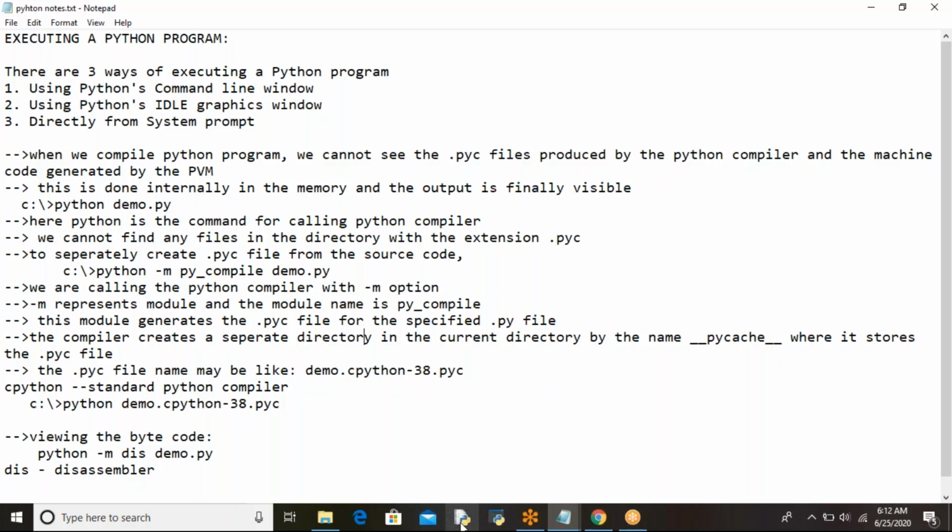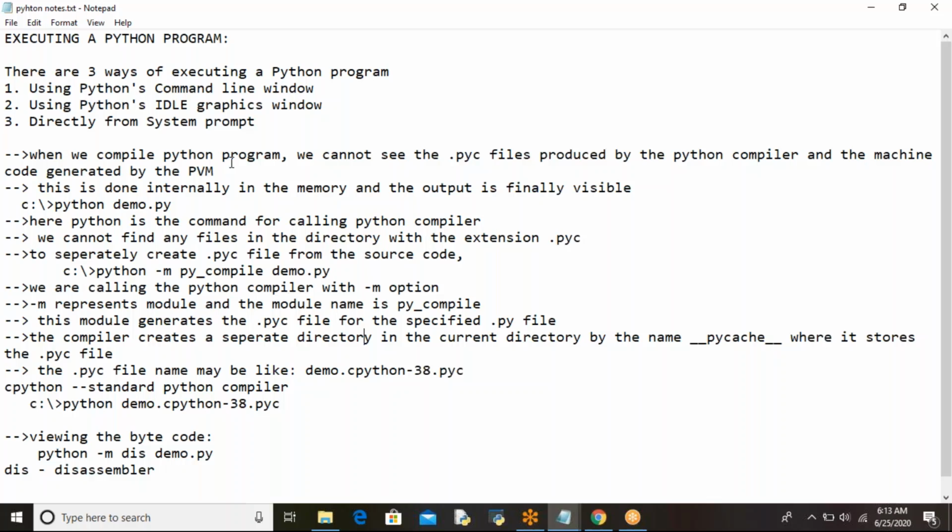So the first thing is, when you write a Python program, what happens? The Python compiler takes that .py file, converts it into bytecode instructions, and gives the bytecode instructions to the Python virtual machine. That Python virtual machine converts those bytecode instructions to machine understandable format, and finally you get the output.